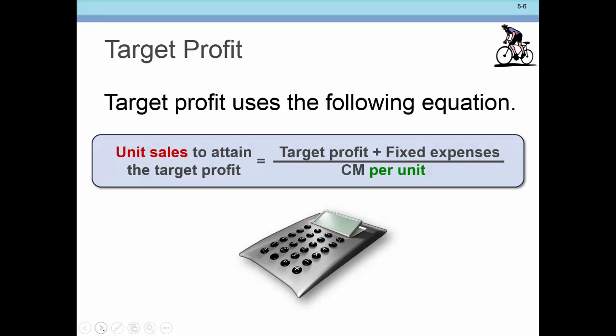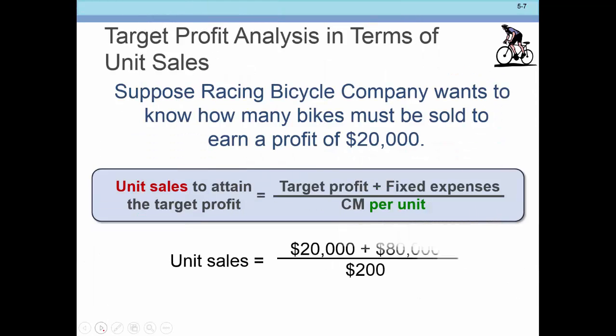Maybe for the short run, I'm okay with breaking even, but eventually I want to turn a profit on this, don't I? So if you want to figure out how many units you have to sell to get the target profit, you just add the target profit to the fixed expenses, and then the rest of the calculation is the same, right? Take a look at the example we were just looking at, where we had 80,000 of fixed costs, and this company wanted to turn a profit of 20,000. They simply added that to the fixed expenses, and they divided that by the contribution margin per unit,